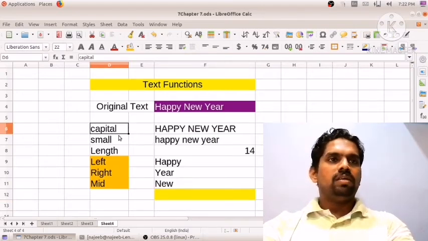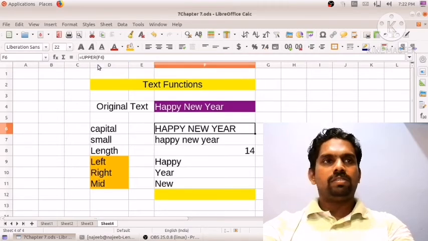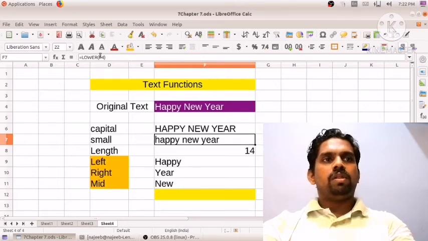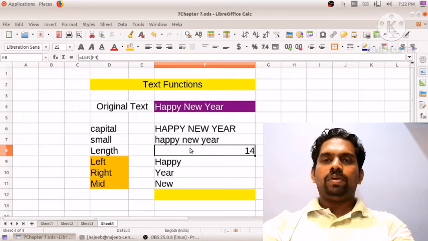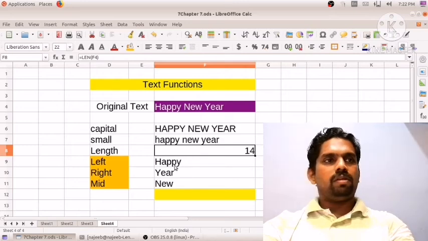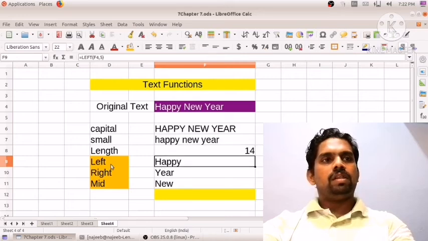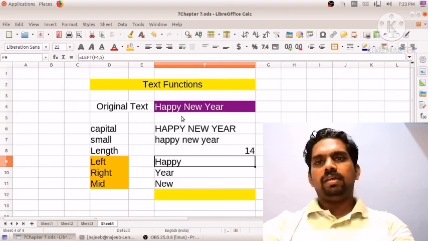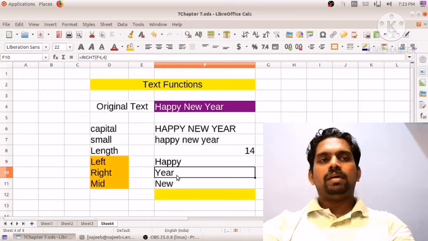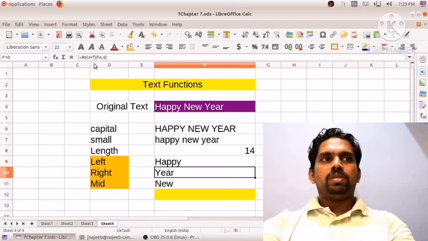functions in LibreOffice Calc. So we discussed the upper function for uppercase letters, the lower function for small letters, and LEN: if we want to find out the number of characters or letters in a string, text or paragraph, for that purpose we can use the function LEN. Then the left function displays the left characters in a given string, and if you want to display the rightmost letters, the specified number of characters from the right side, for that purpose we can use right.